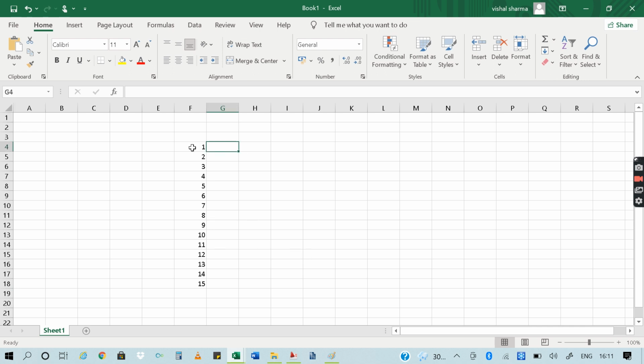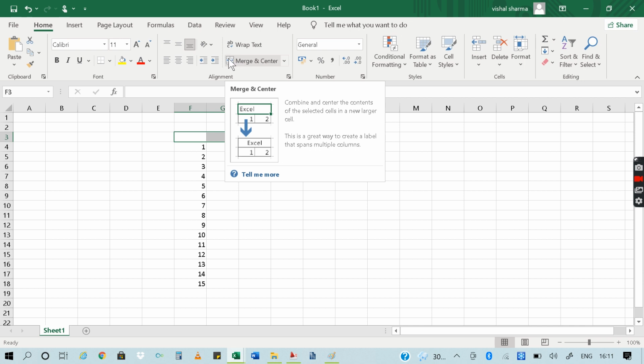But now if you want to make a specific table, before making a table we will learn some basic things. Suppose I want to merge two cells. Merge in the sense you want to make these cells, these all 5 6 cells, convert into a single cell. So there is an option Merge & Center, and this is its icon, so you have to remember that.